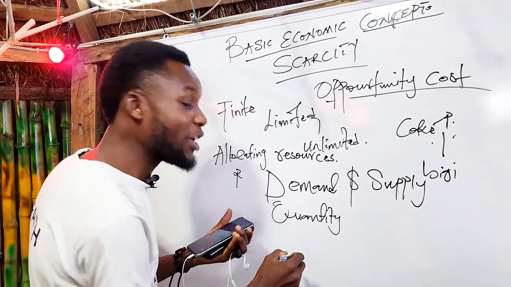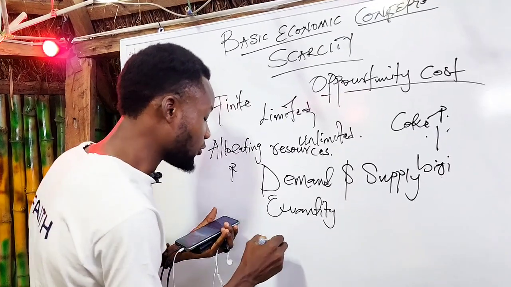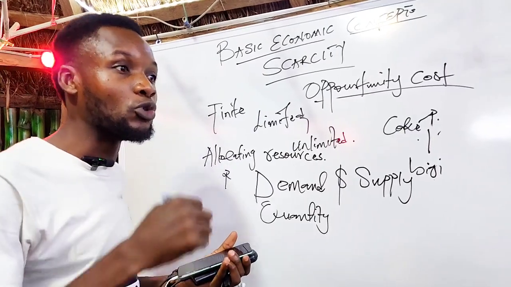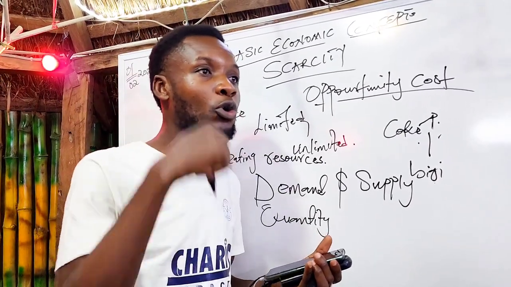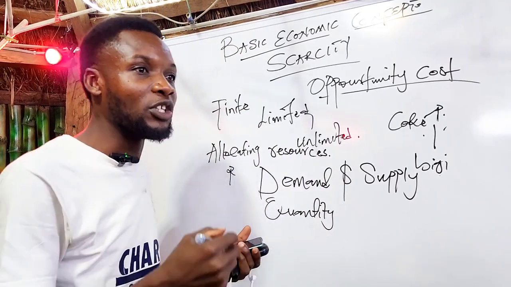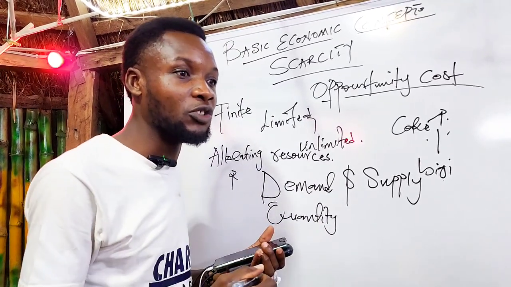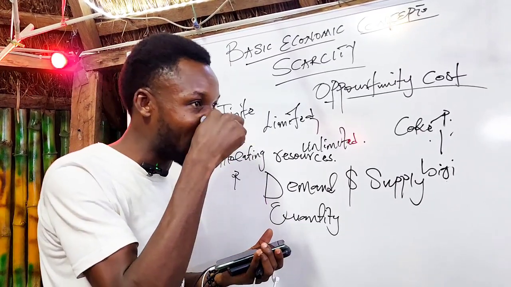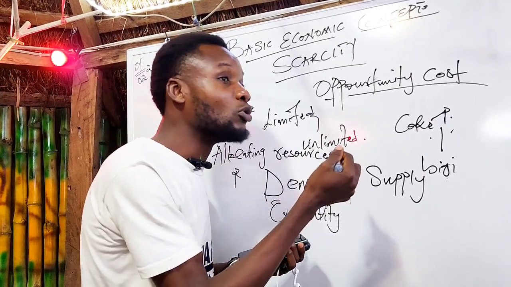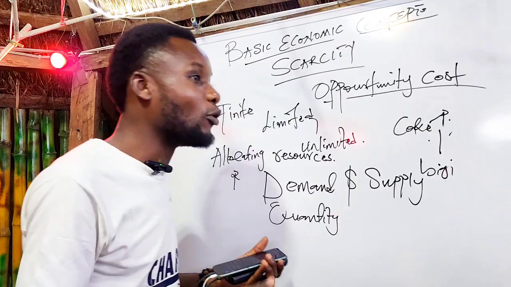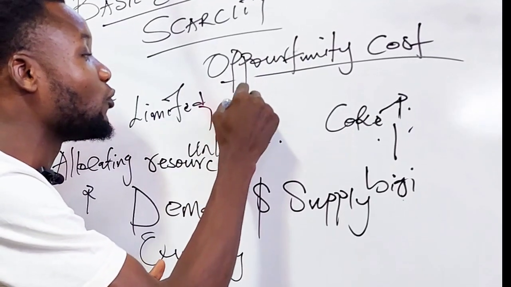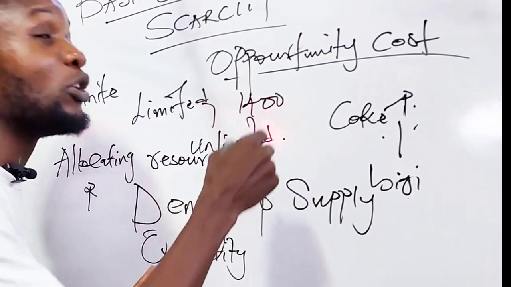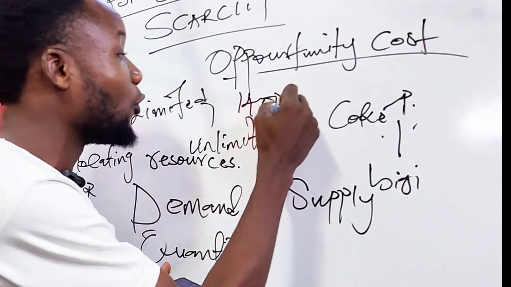And quickly, we want to also remind you of the law of demand. The law of demand says that ceteris paribus, meaning all things being equal, as the price of a good decreases, the quantity demanded also increases. When the price of garri drops in the market, the number of persons that buy garri would increase. Imagine you propose in your mind to go to the Nigerian market to buy garri, and the actual price you left home with was 1,400 naira for a paint of garri, only for you to get to the market and find out that garri was 700 naira per paint.